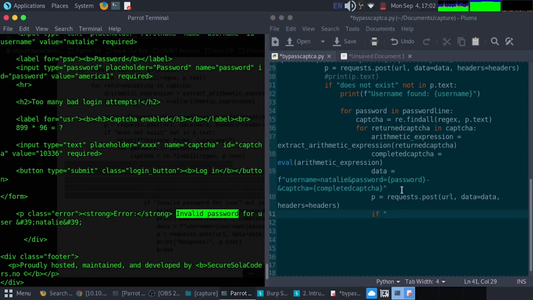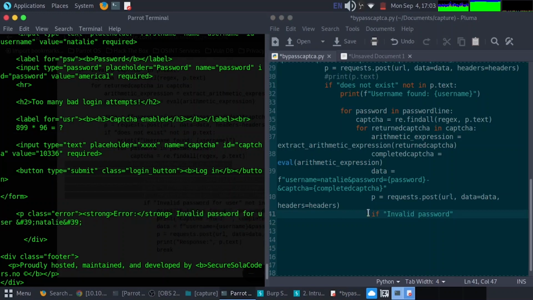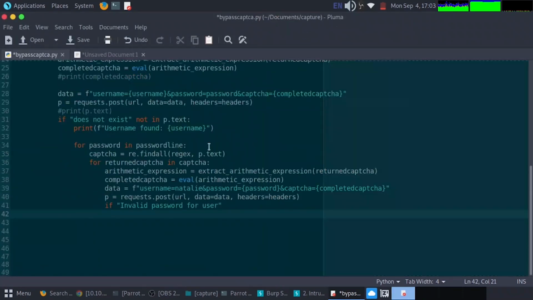So I'll just grab it here. So if invalid password, we can try to grab the full error message, copy, and we can just put it in here. So if we get this error message, if invalid password for user not in p.text,